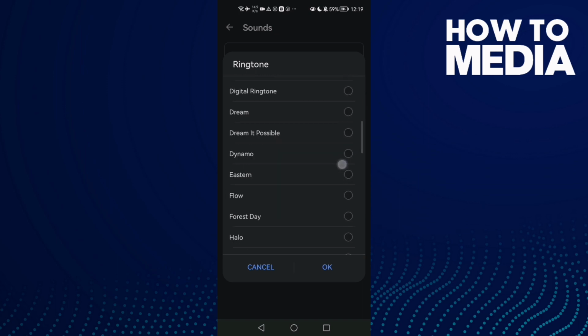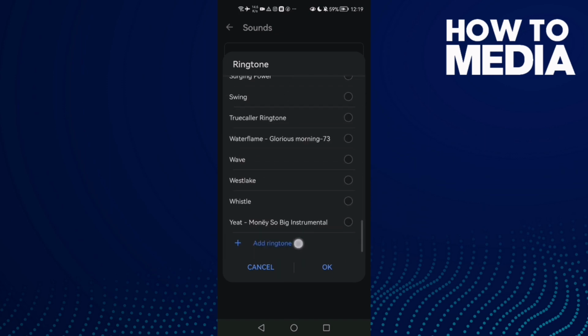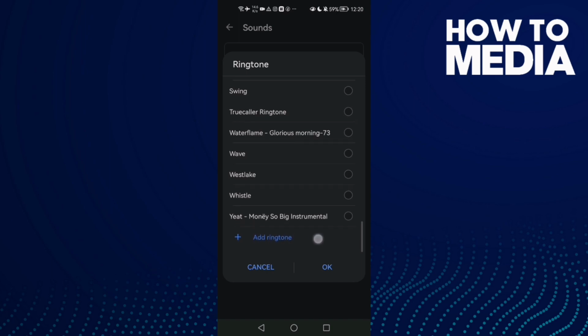Here you can select any ringtone you want and you can add it from your device. Just click add ringtone,